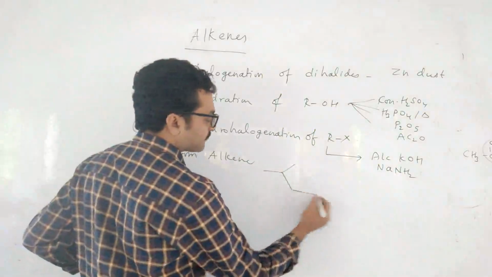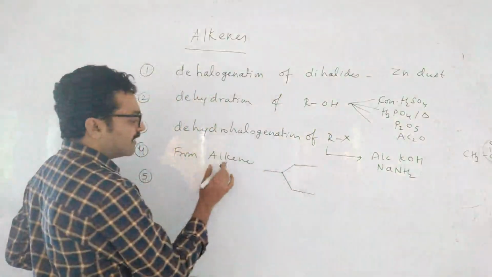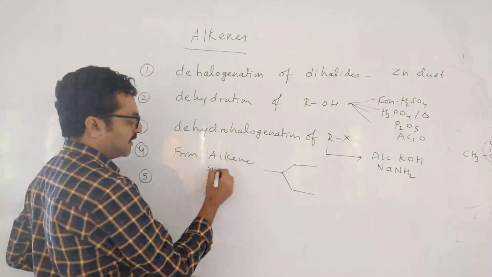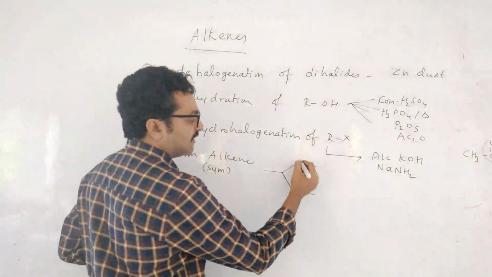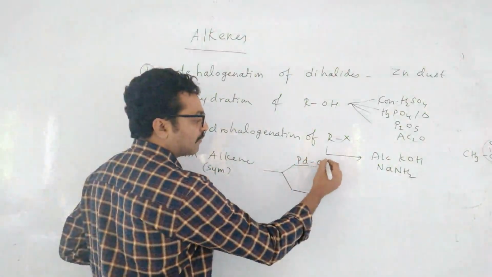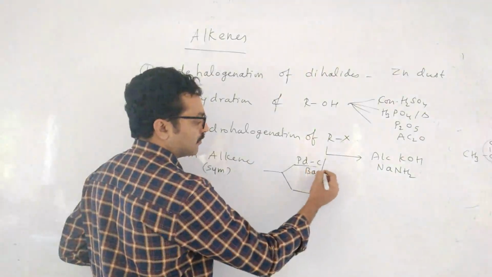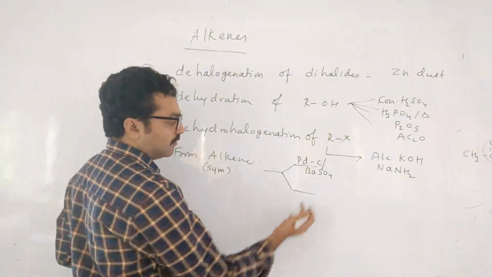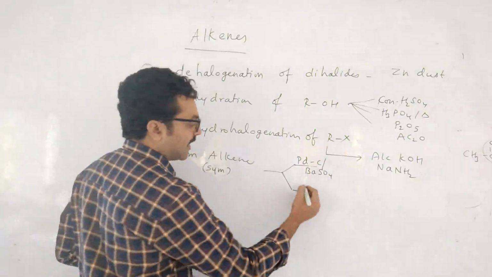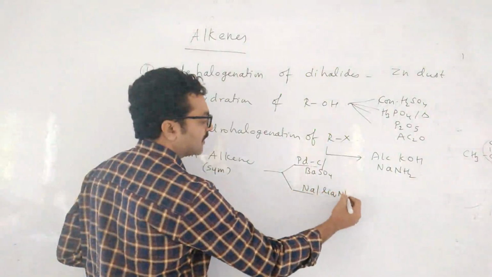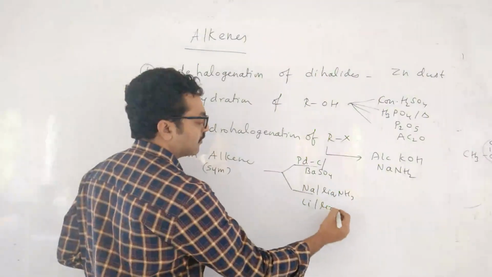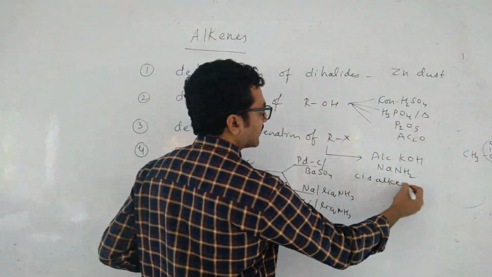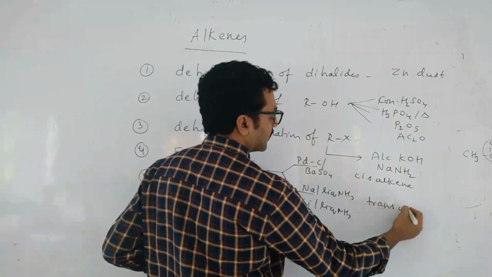What is the reagent? If it is an unsymmetrical alkyne or a symmetrical alkyne, then two reagents are there. Palladium on carbon with BaSO4 in quinoline. Palladium BaSO4 in quinoline also you can take. This is called Lindlar's catalyst. And sodium in liquid ammonia you can also take. Sodium or lithium in liquid ammonia. With this you will get cis alkenes and with this you will get trans alkenes. I am giving it short, children. Afterwards I will tell in detail.